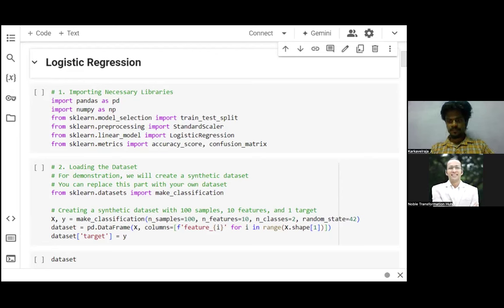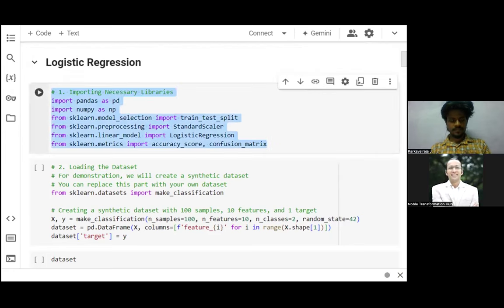So let us go to the logistic regression. Here we'll import the necessary libraries: pandas, numpy, sklearn, and we'll also do pre-processing. From the linear model we'll use logistic regression, and from metrics, accuracy score and confusion matrix. Then we'll load the data set,